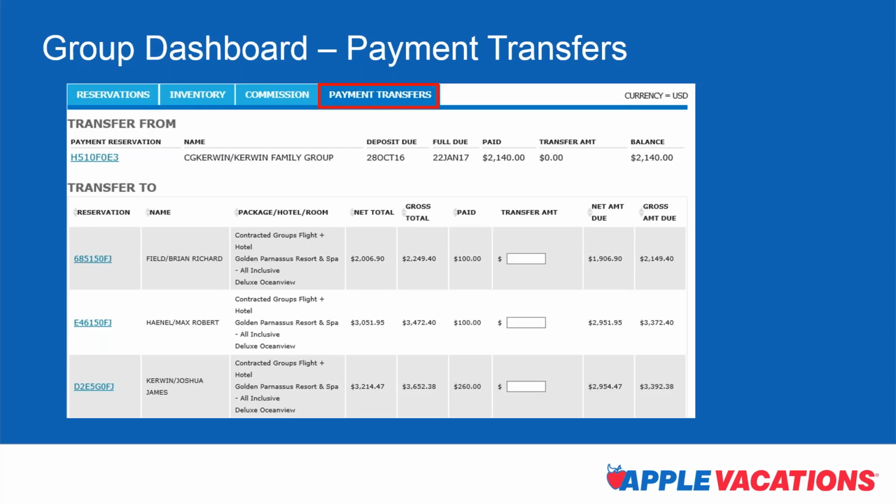And this will be available from day one. As soon as we launch Vax, any groups that you start from that point on will be in Vax. And also any groups that you currently have on the books to travel next year during first and second quarter of next year will be migrated into Vax as well. So really exciting to see this come to help you as you book your traditional groups with Apple Vacations.